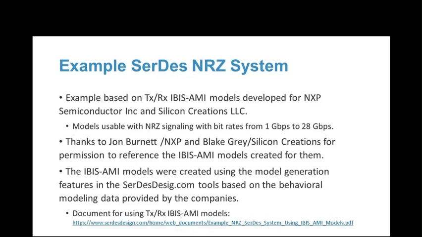Here's an example SerDes NRZ system using transmit and receive IBIS-AMI models. The system discussed here is based on IBIS-AMI models developed for NXP Semiconductor Incorporated and Silicon Creations LLC. With thanks to John Burnett of NXP and Blake Gray of Silicon Creations for their permission to reference the IBIS-AMI models created for them. IBIS-AMI models are created using the model generation features in the SerDesDesign.com tools based on the